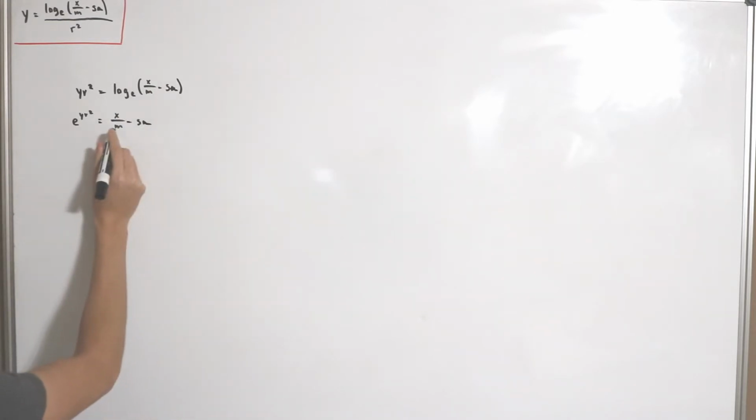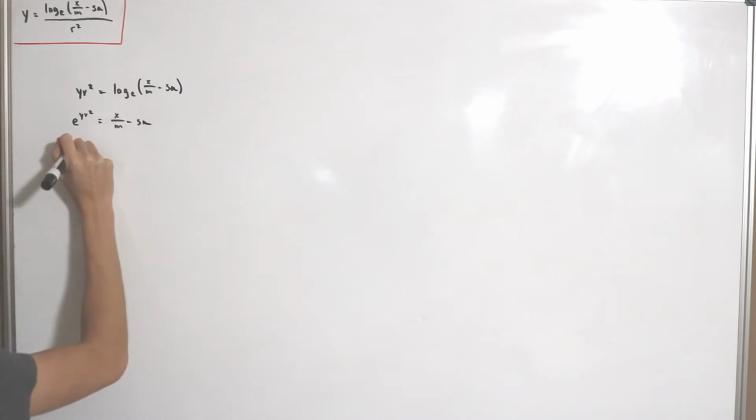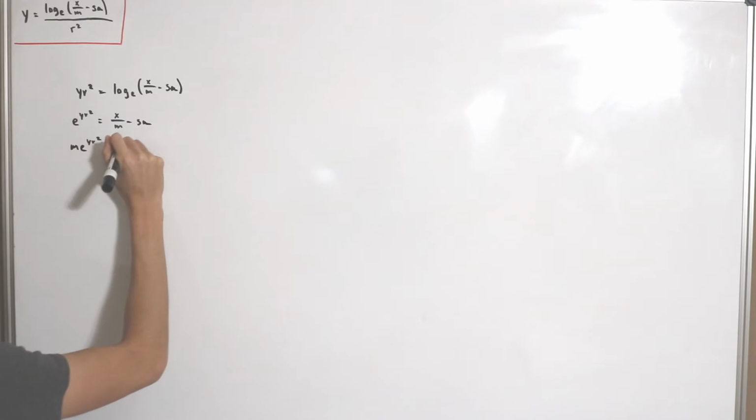And how about I'll actually multiply the m to both sides so that the denominator from here will cancel. So we'll get that this is m times e to the y r squared, and that's equal to s